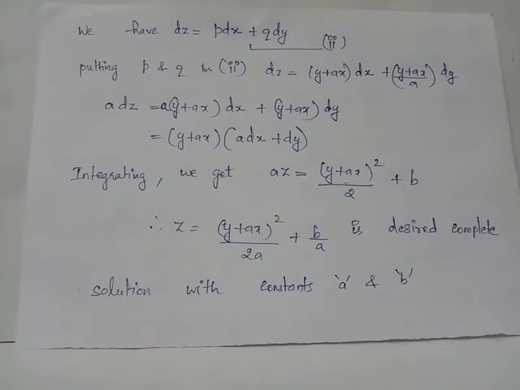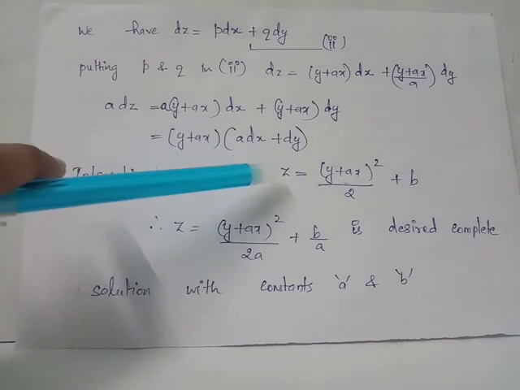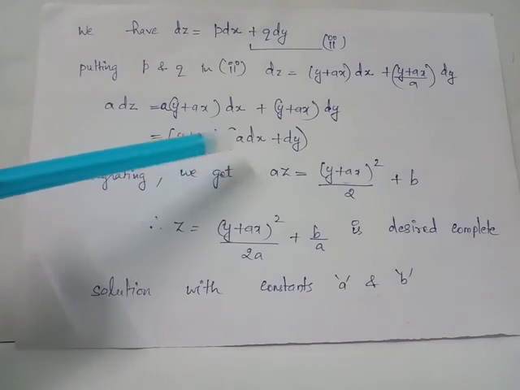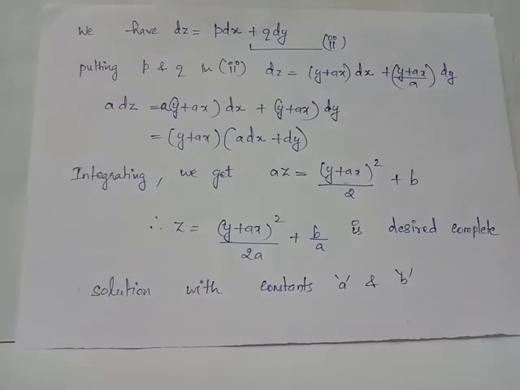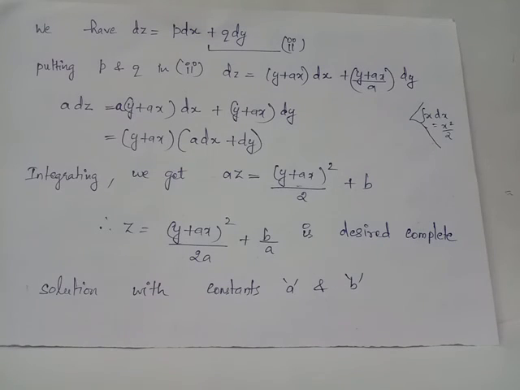When we integrate both sides, we obtain a z equals y plus ax the whole square upon 2 plus b, where b is the constant of integration. Here we perform integration with respect to variable z, that's why we obtained az. Here notice that this expression is actually the derivative of this expression. Since we write integral x